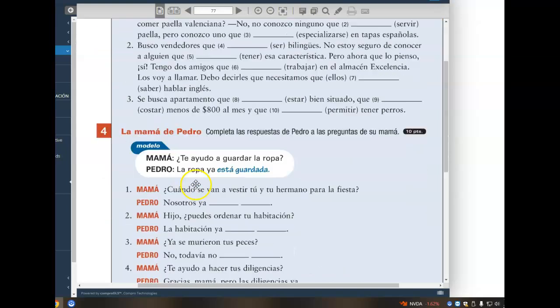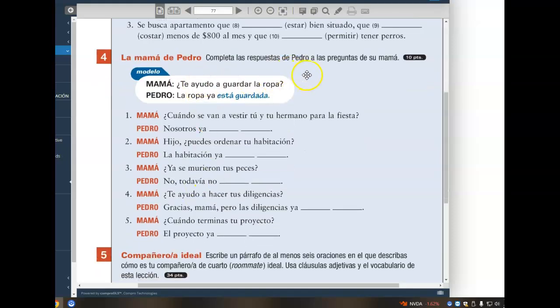All right, part 4, complete the responses of Pedro to the questions from his mother using direct and indirect object pronouns. Excuse me, not using direct and indirect object pronouns, using the verb estar, regular present tense, estoy, estás, está, estamos, están. Conjugation of estar is going to be in accordance with the thing, the antecedent, and then your past participle is going to come from the main verb that's used